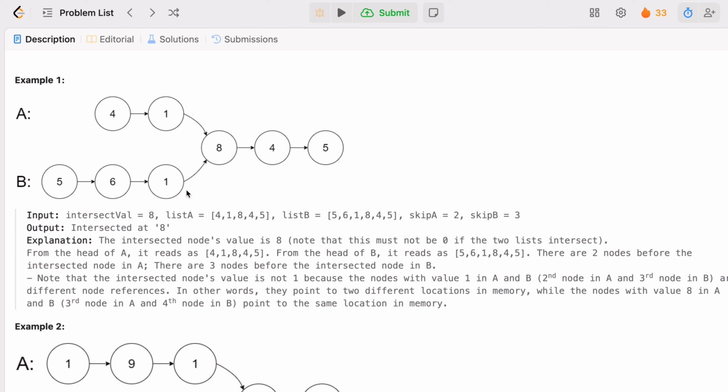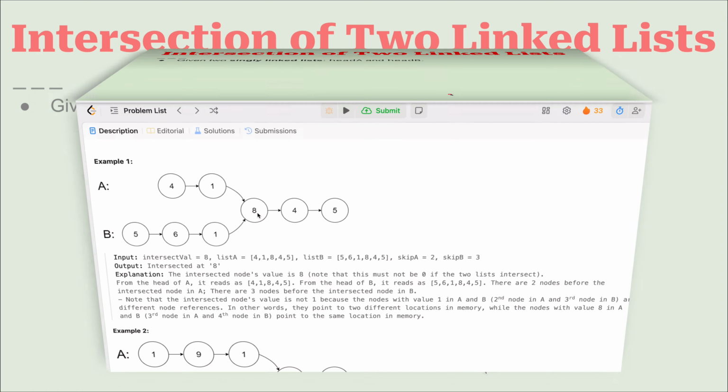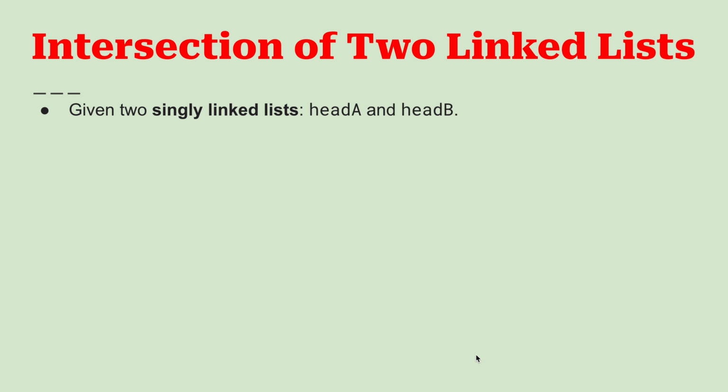These nodes and these nodes are different. They intersect at 8. Okay, I hope you understand. Let's continue. So the intersection of two linked lists means we have been given two singly linked lists,